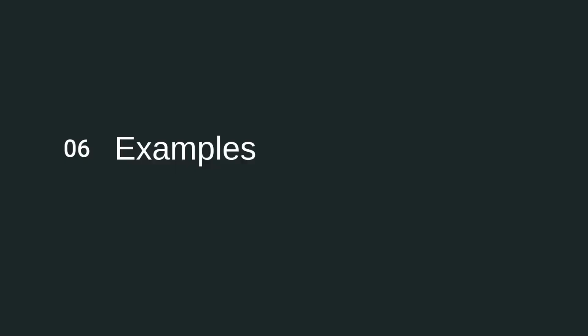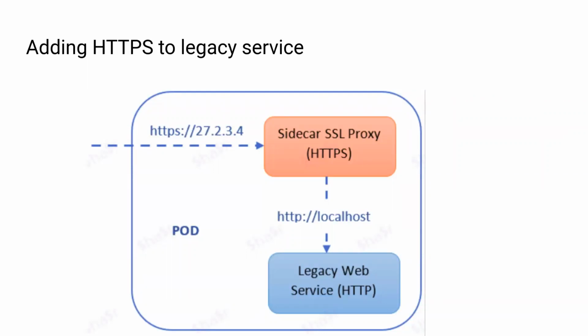Now some practical examples, and we'll go with a very simple one. Let's say you have a legacy application which was developed a long time back and doesn't have any HTTPS support, and you want to introduce HTTPS support for it. You can use a sidecar SSL proxy, like an NGINX proxy, which we also use sometimes in our application. You just add the proxy server, the certificate validation is handled by the sidecar, the main application handles the main functionality, and the sidecar just routes the traffic through. So this is a very simple example of having a sidecar for your main application.